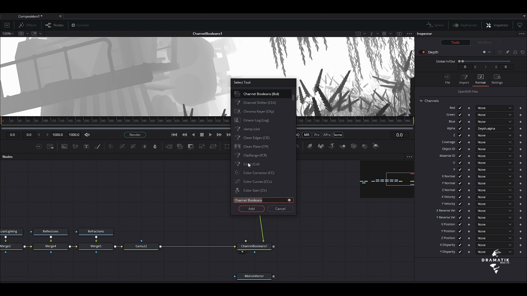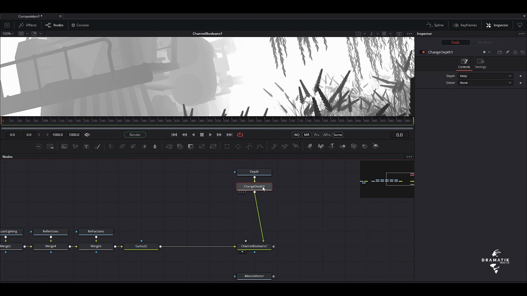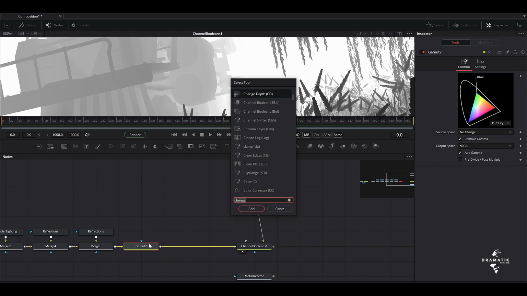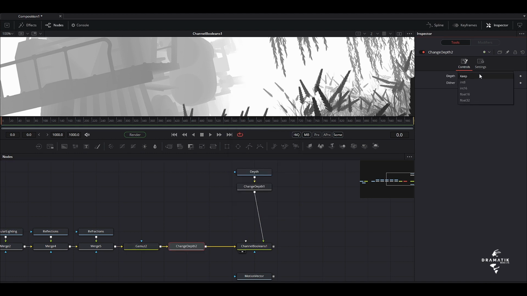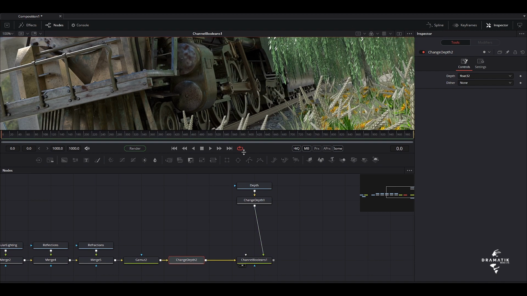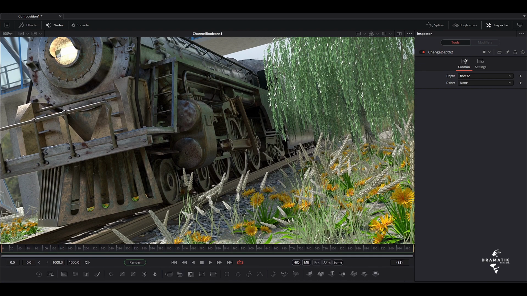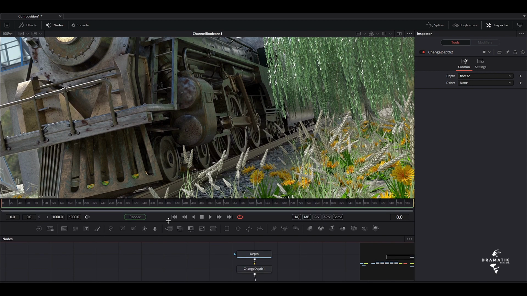So let's get something called a change depth, this one over here. Add it, and on depth make it 32-bit float. Going to do the same to this, then do 32-bit float. Going to change this to color, drive it in here. We don't see anything,